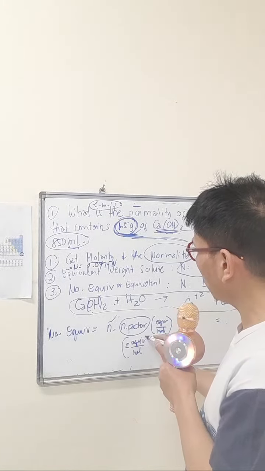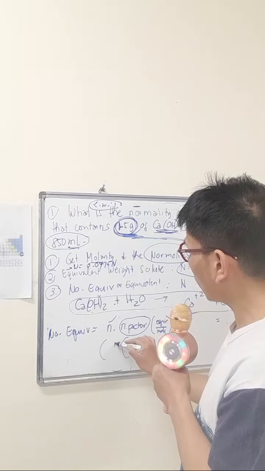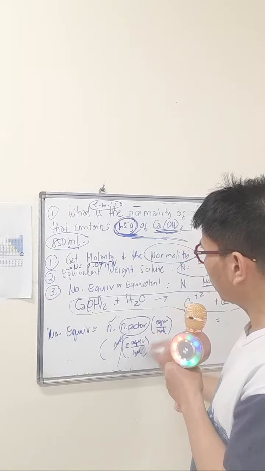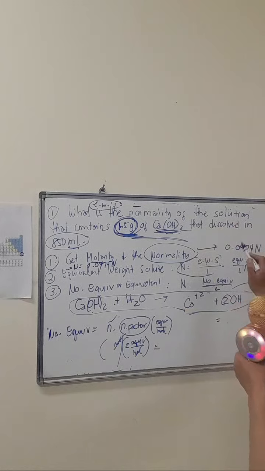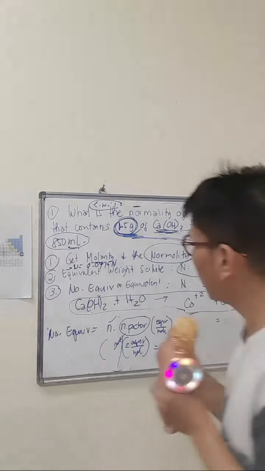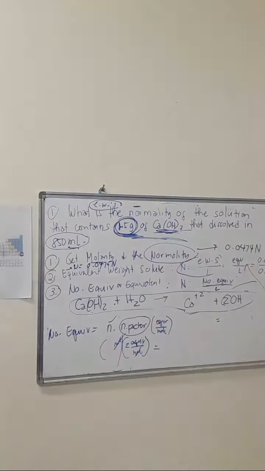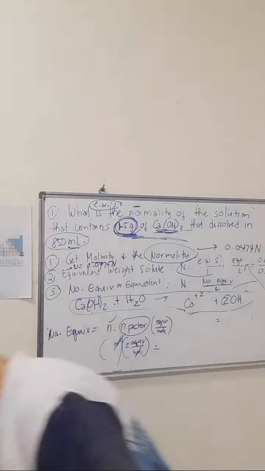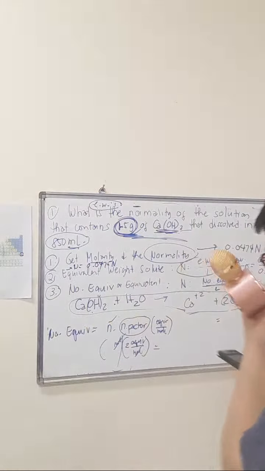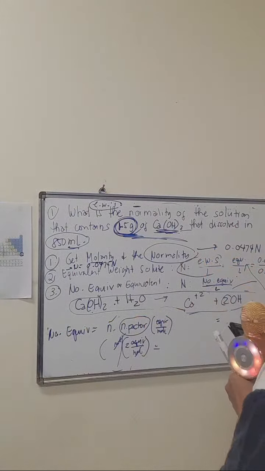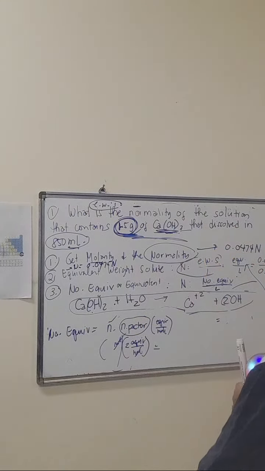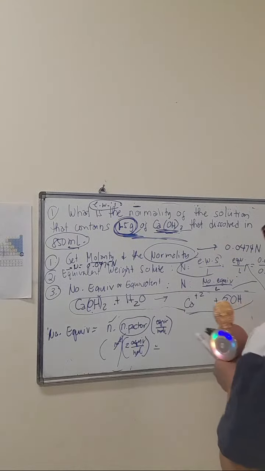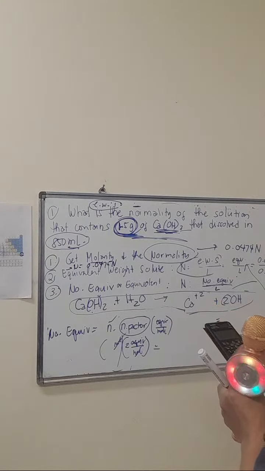Times the mole, which we don't know yet. The answer is a feature 22. Tada! How can we compute for the number of moles? Again, the same story. So 1.5 grams of calcium hydroxide, and then the molecular weight. Okay, so 1.5 divided by